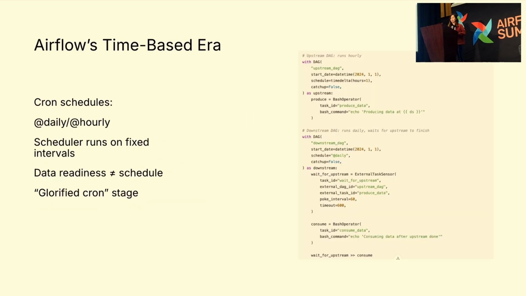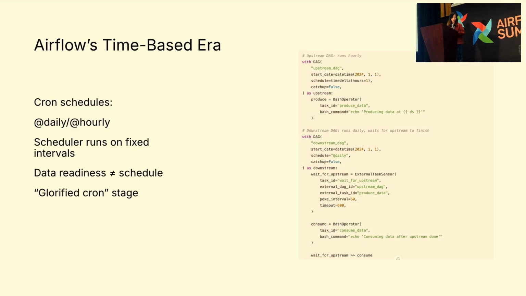In data pipelines, we all know that timing is everything. And in my opinion, Airflow kind of started itself as a replacement of the old cron job orchestrator. Some people even jokingly called Airflow a glorified version of a cron scheduler. So in the early days, we set DAGs to run at a fixed time, whether hourly, daily, or at a certain time in a certain duration. And we were just crossing our fingers and hoping that the data would be ready when the DAG was triggered. Sometimes it was, and sometimes it wasn't.